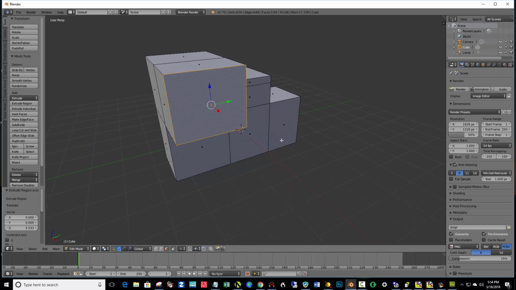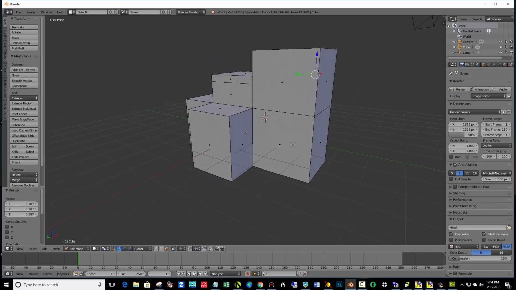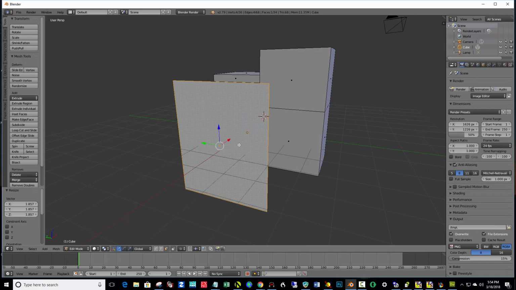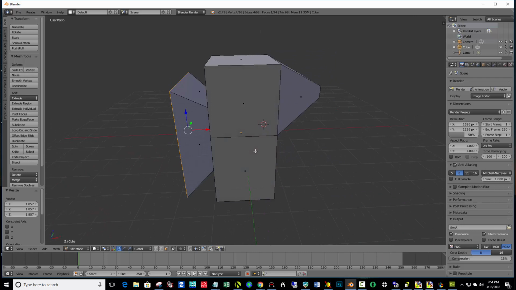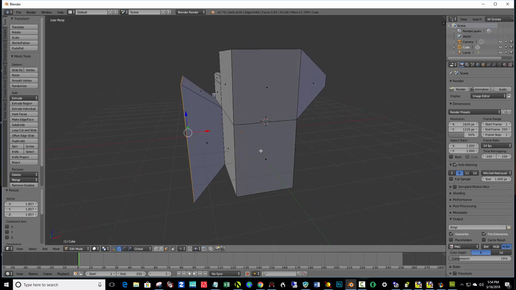Scaling can make this whole thing shrink in or stretch out. If I hit just the letter S for scale, and I pull with my mouse without clicking, to see what happens here. That's an inward movement. Over here, I can hit S again and scale it outwards, depending on which way you want to drag it. Okay, so